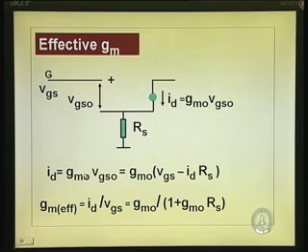But when the resistance is present, the VGS0 is not equal to the applied voltage VGS, because VGS is shared between the intrinsic gate-source voltage VGS0 and RS. The voltage gets divided between the gate and the intrinsic source region and the resistance, because this ID flows